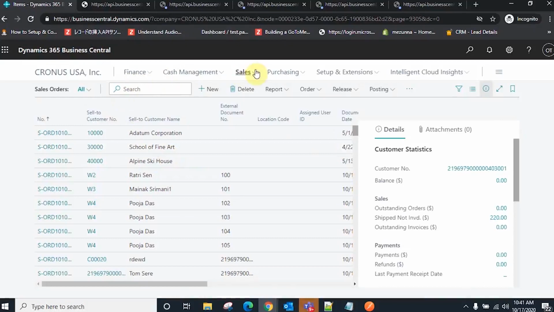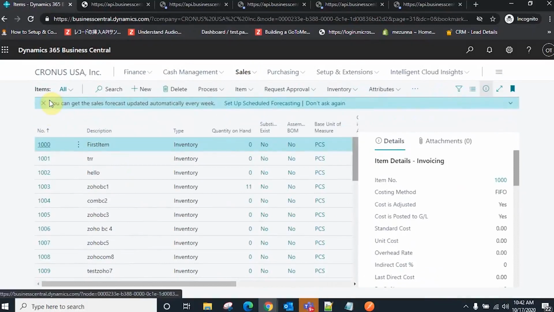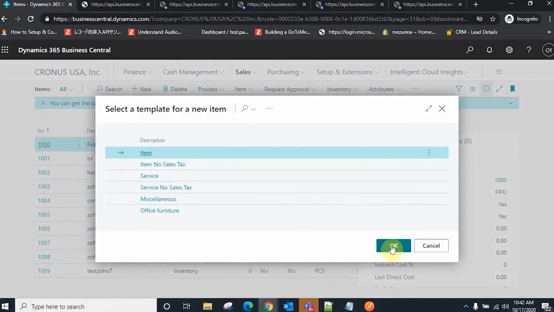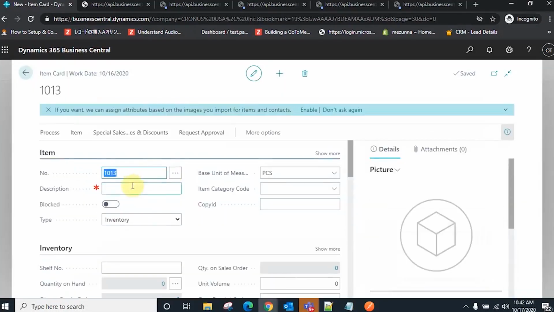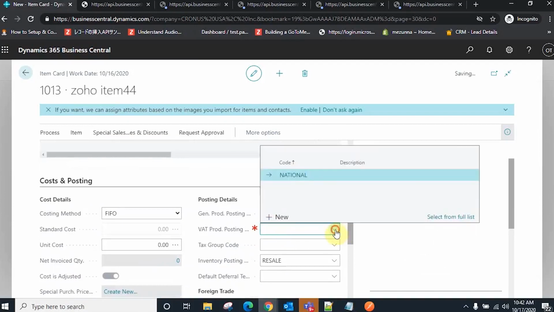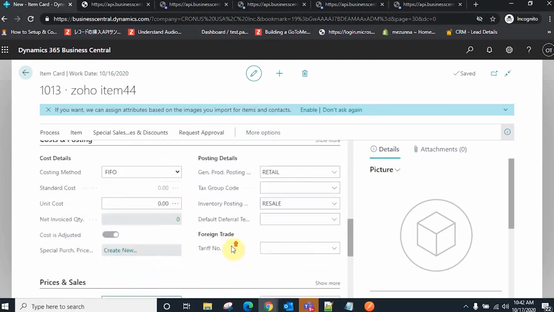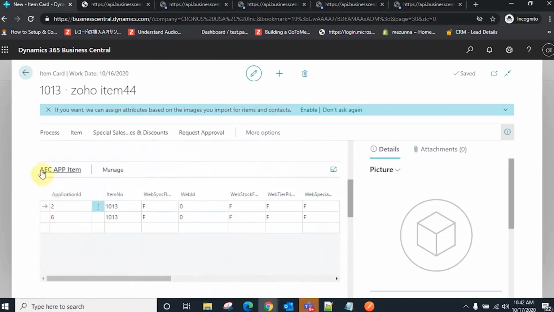I will be starting off with the product sync, where I'm going to the Business Central direction and I'm going to the items part, where I can create a new item. Here I'm going to click on new and provide all the mandatory information related to the item. I'm choosing the template here and putting in all the information, like the description. I need to add all the mandatory fields for the item. Now if I scroll down, I can put the price.